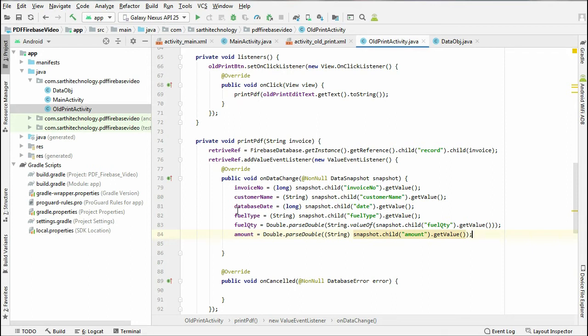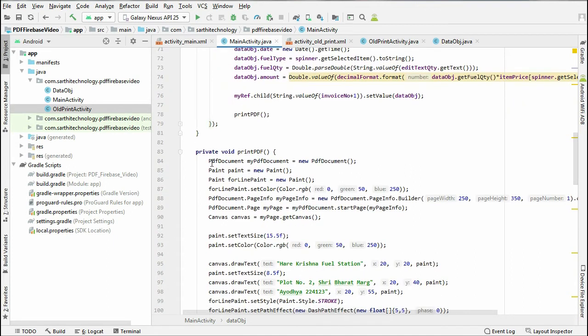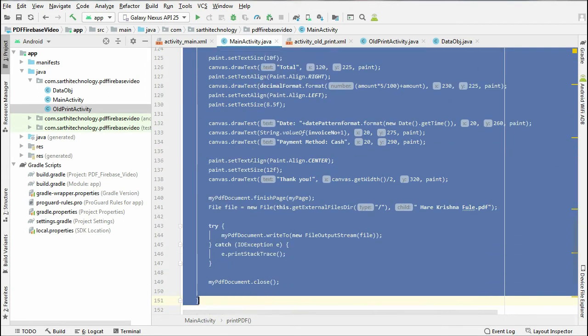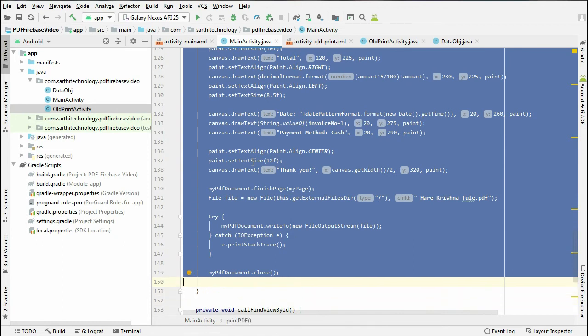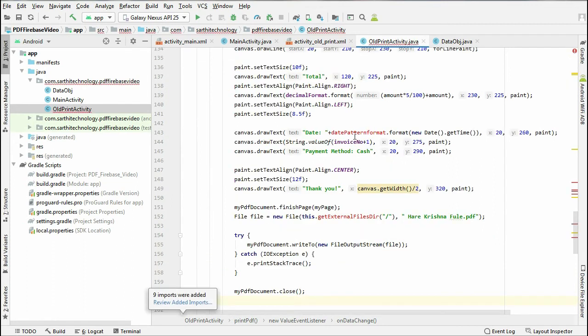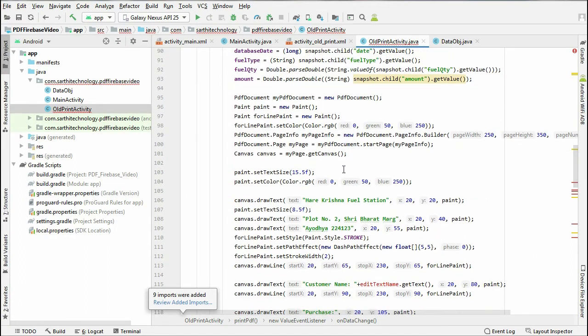You don't need to write code again, you can just go to the MainActivity and copy from this printPDF, copy, paste. And you need to do some minor changes. For example, plus customer name.